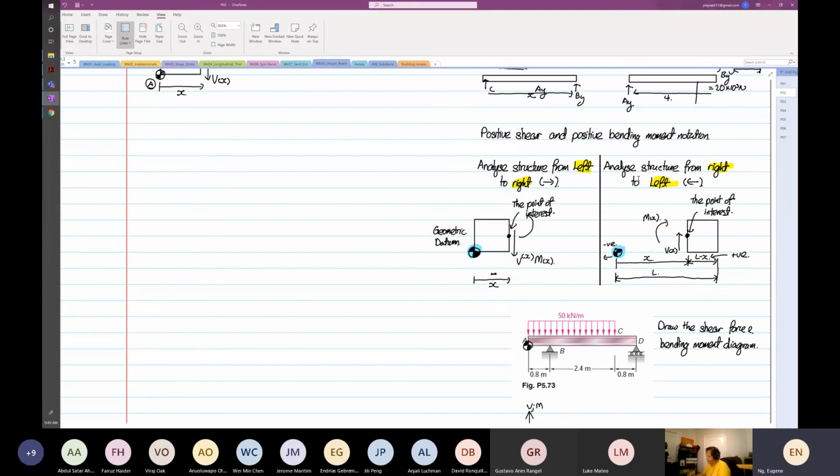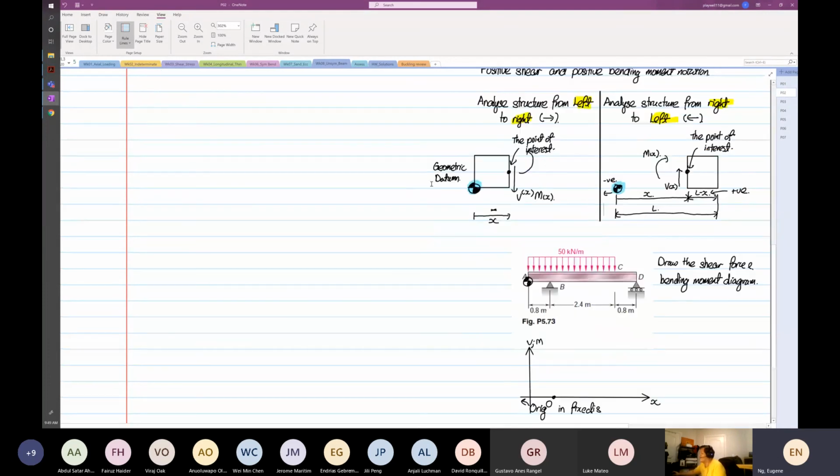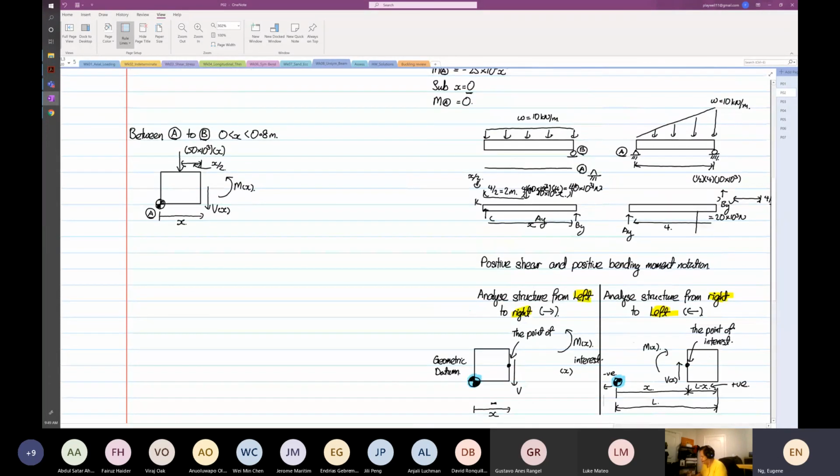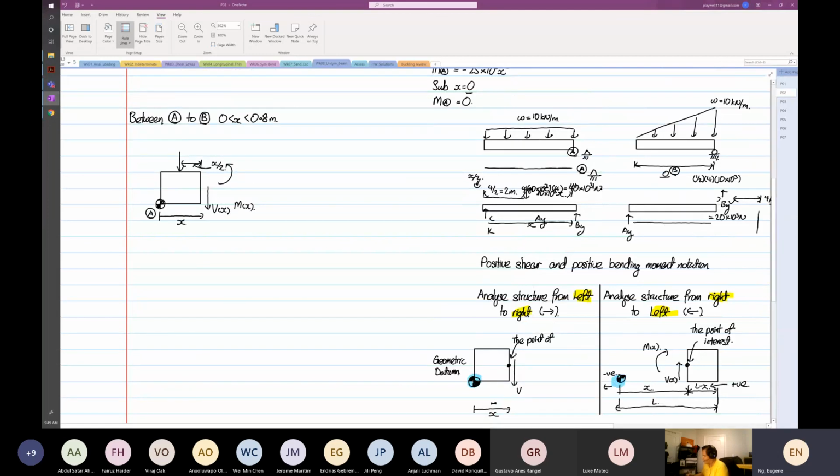So that is why when we drew the analysis on the free body diagram from A to B, 0 to 0.8, that is why our geometric datum did not move. And this is why, whoa, something moved down here, it's so weird. So that is why over here, go on. This is our